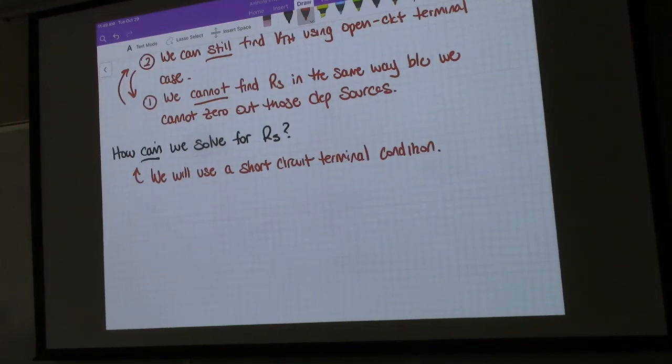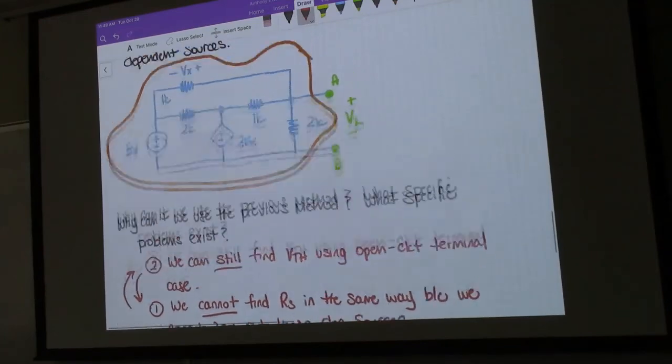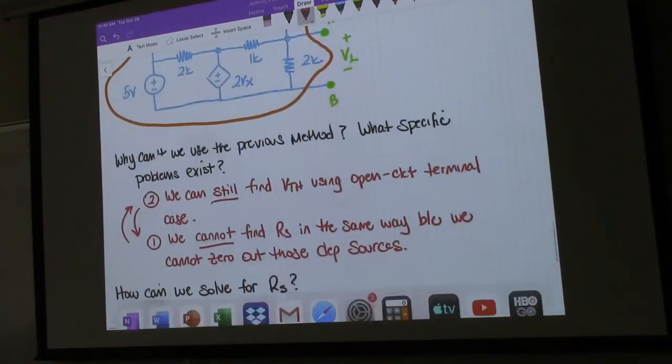I'm going to hold off from going into too much detail there because I think, again, when we do the example, it'll be the best demonstration of how that works. Okay, so going back to the problem, because we kind of got off track for a second. So going back to the problem,